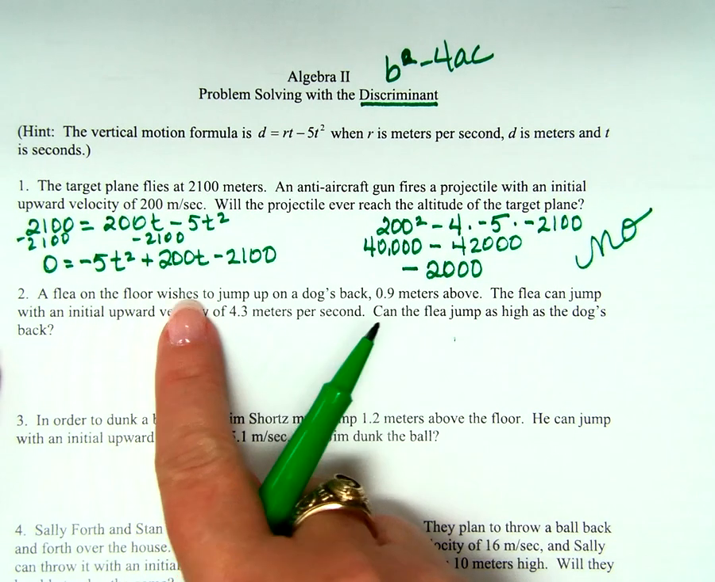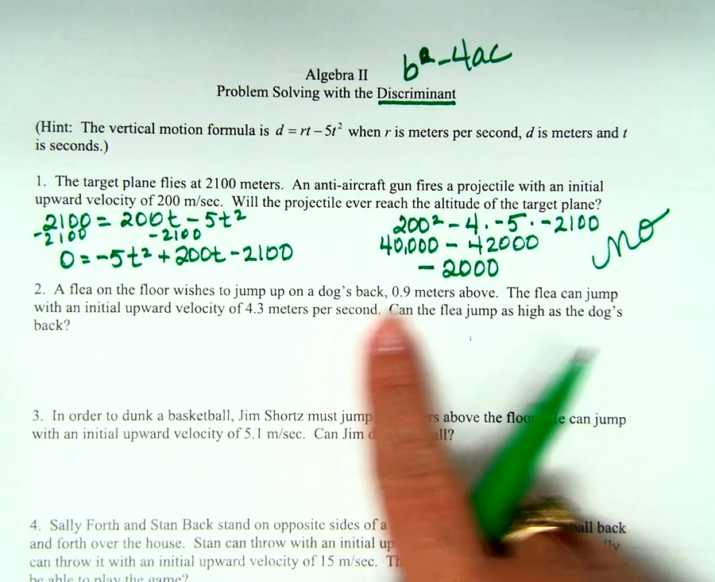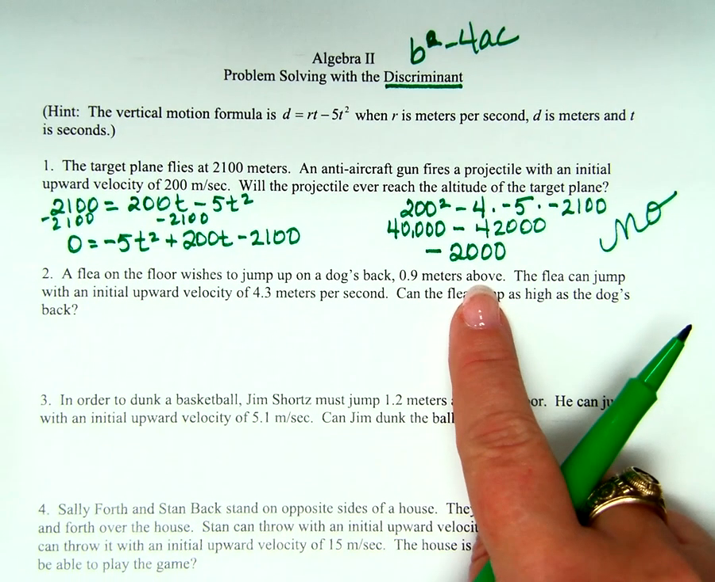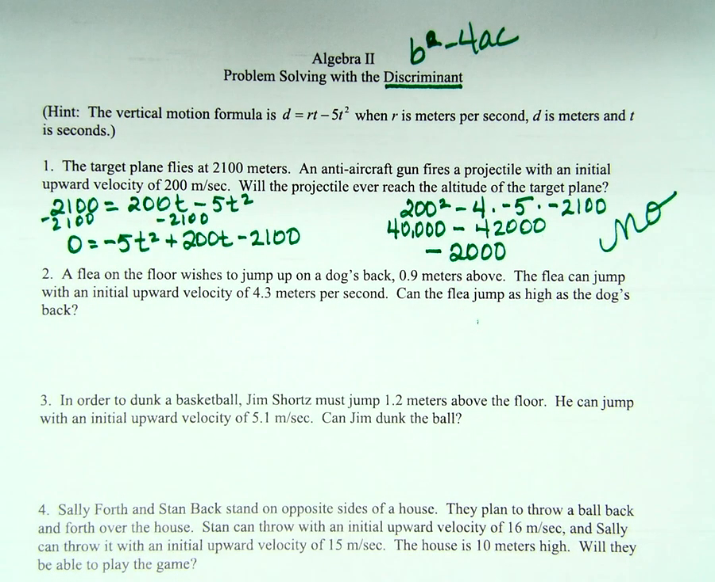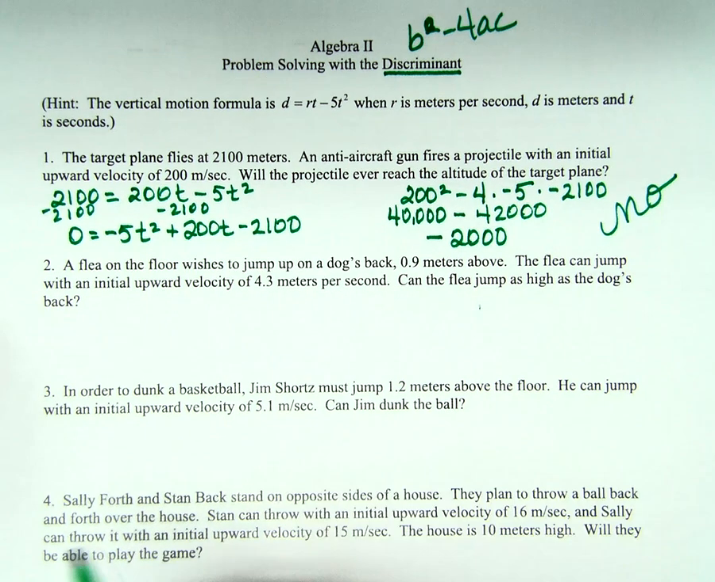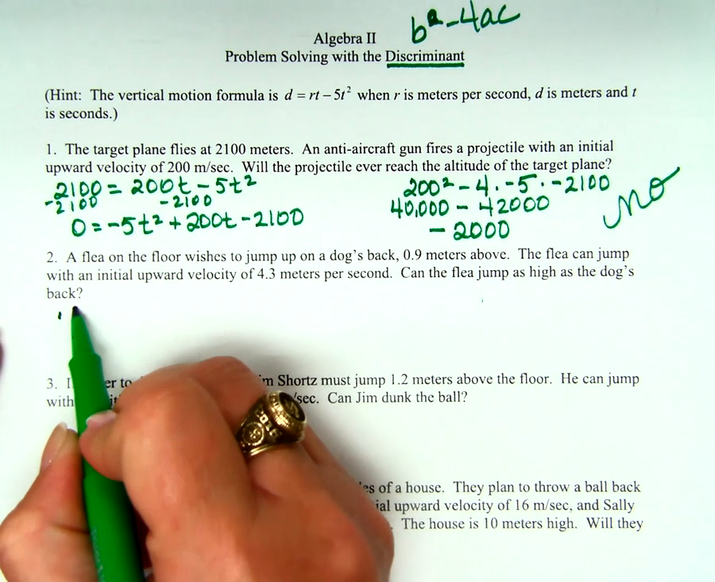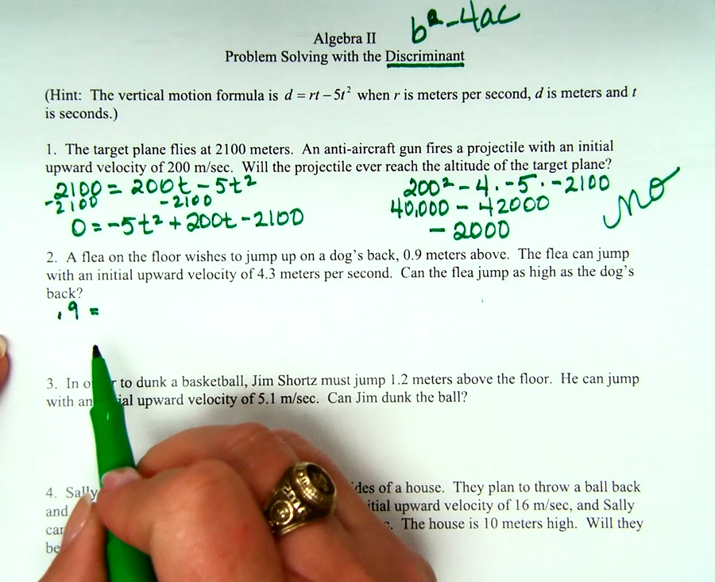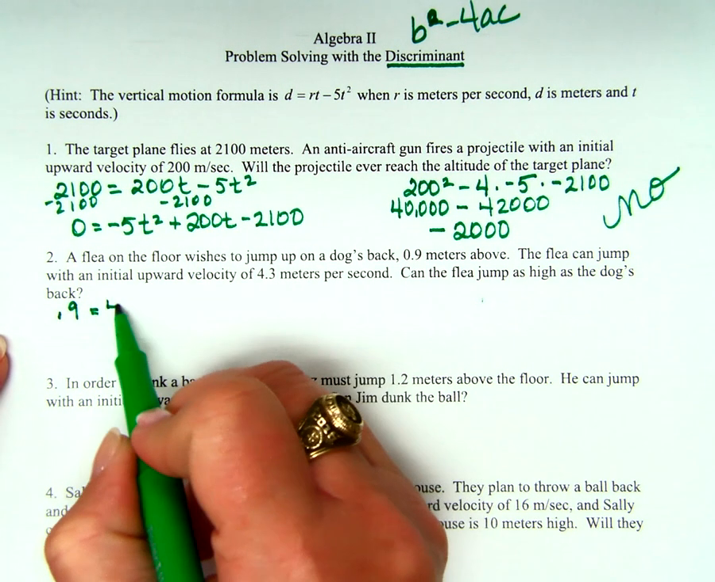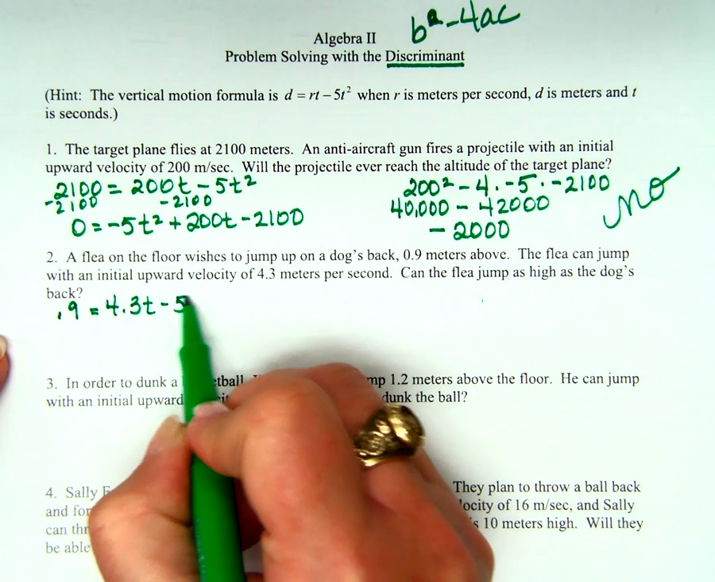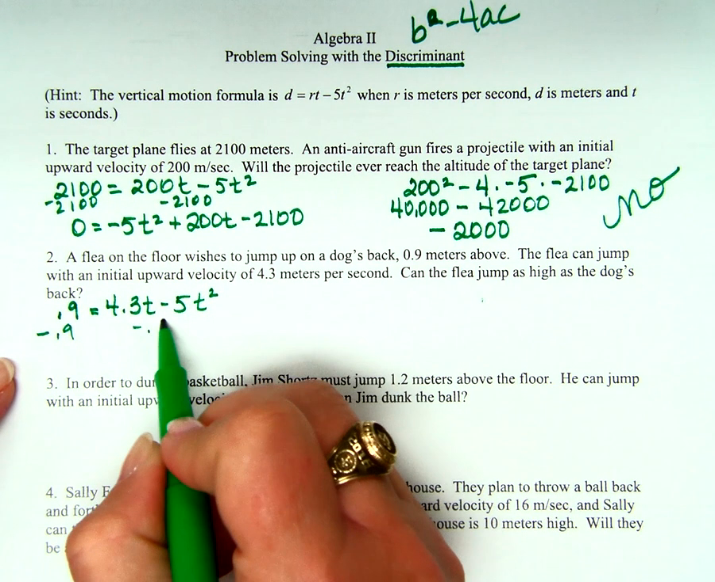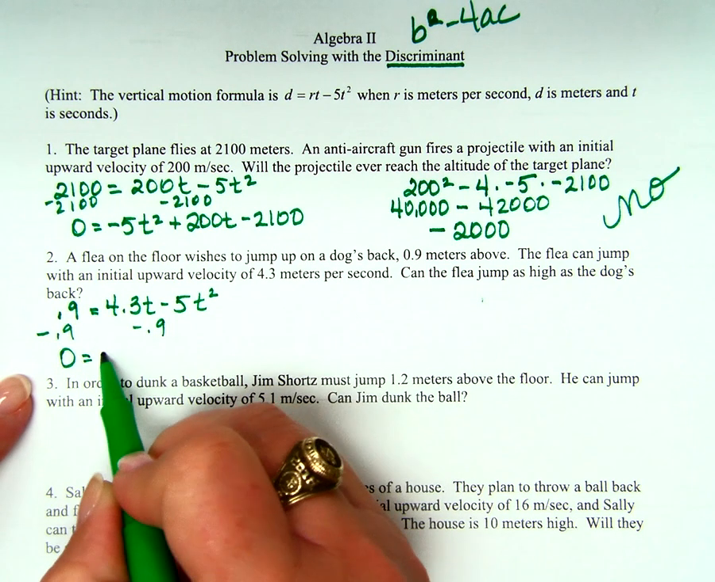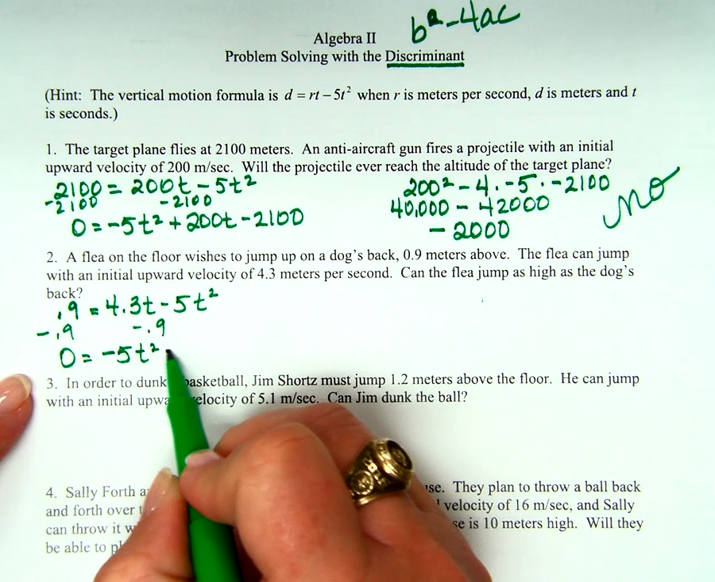A flea on the floor wishes to jump on a dog's back, 0.9 meters above. The flea can jump with an initial upward velocity of 4.3 meters per second. Can the flea jump as high as the dog's back? What do we know? 0.9 equals 4.3t minus 5t squared. So if I subtract 0.9 from both sides and take the time right now to get it in order, our exponents in descending order,